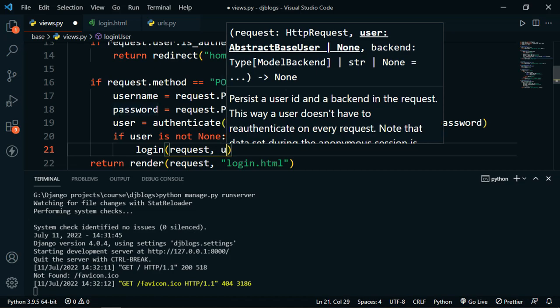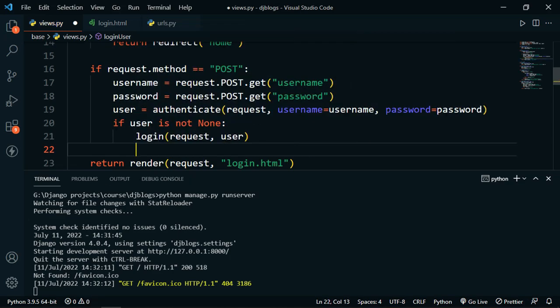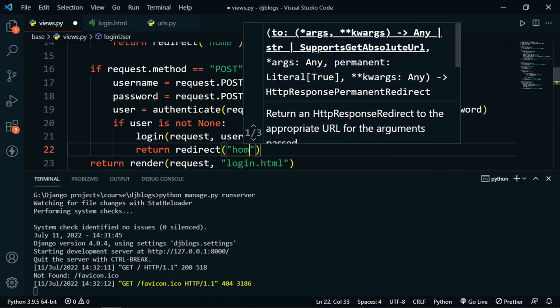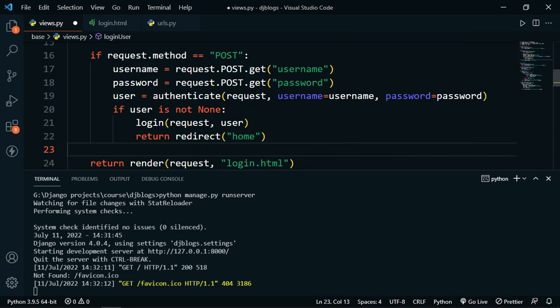So I will type here user, and after logging in we will redirect the user to the home page. And if this user is none, which means the username or password is incorrect, so I will add an else block,